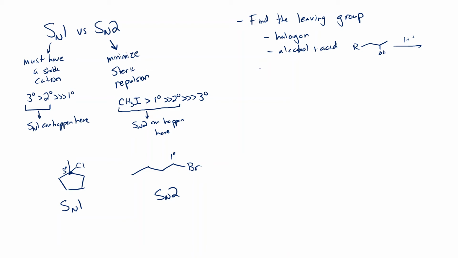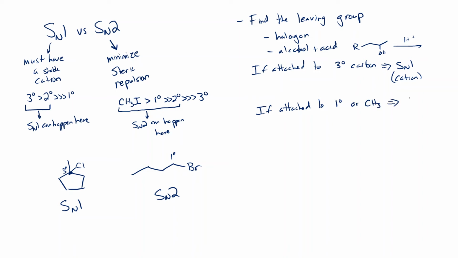if the leaving group is attached to a tertiary carbon, then SN1, right? Make the cation, make the tertiary cation, have the nucleophile attack that. If attached to primary or methyl group, then SN2, right? And remember that SN2 is a concerted mechanism where everything occurs at the same time. If it's attached to a secondary,